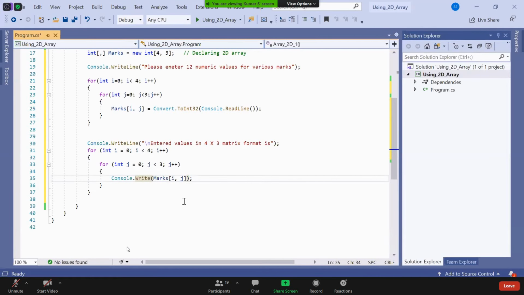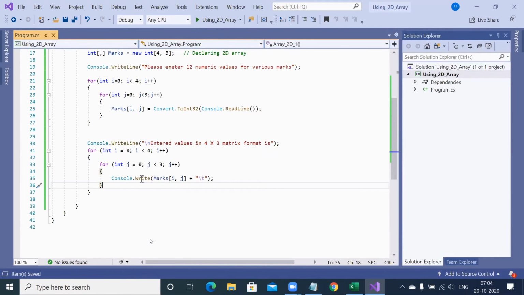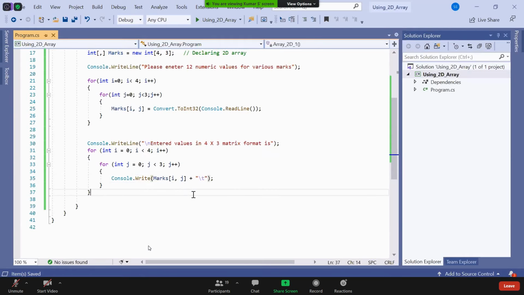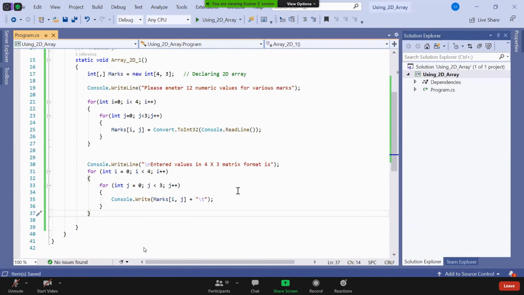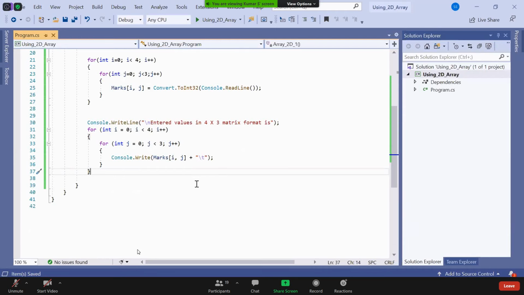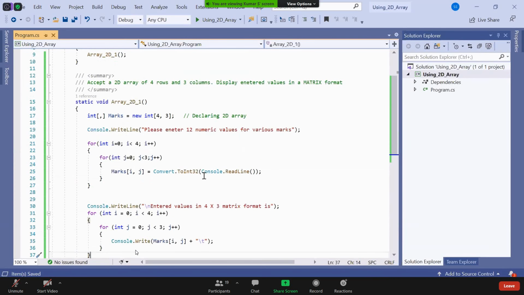If I say write in the same line, if I say write line, every number will be on a different line. So even with write I'm not happy, because this gives me all the numbers in the same line. If I use /t, it will be a tab space, then the second number, tab space, third number. Let's run it and see what happens with either write or write line. Then we will understand when exactly I should break the line.